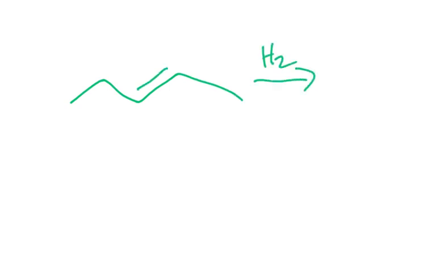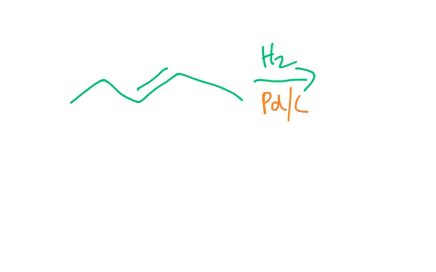And so if we jump into an example right away, let's say we had a molecule that looked something like that, and we said, okay, we're going to add hydrogens across it. But for this reaction to actually go through, we need an enzyme, so we have to lower the activation energy, right? And we'll go over that in our general chem videos when we talk about thermodynamics and everything. But an enzyme basically helps the reaction go quicker, and it lowers the activation energy, so it's easier to go from reactants to products. So the enzyme we're going to use, or the catalyst in this scenario, will be palladium